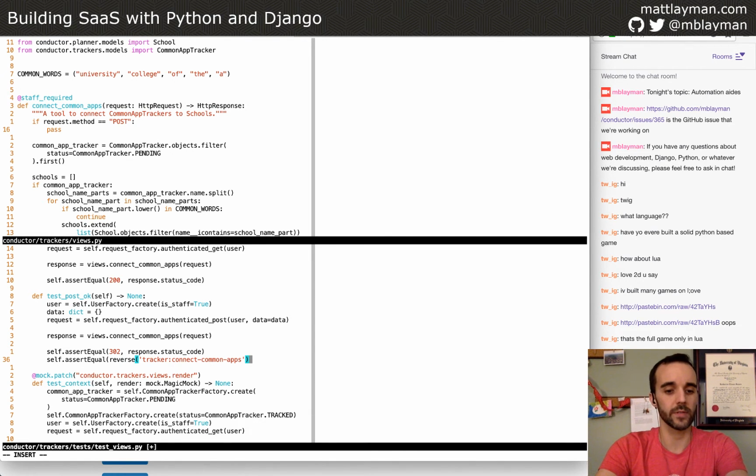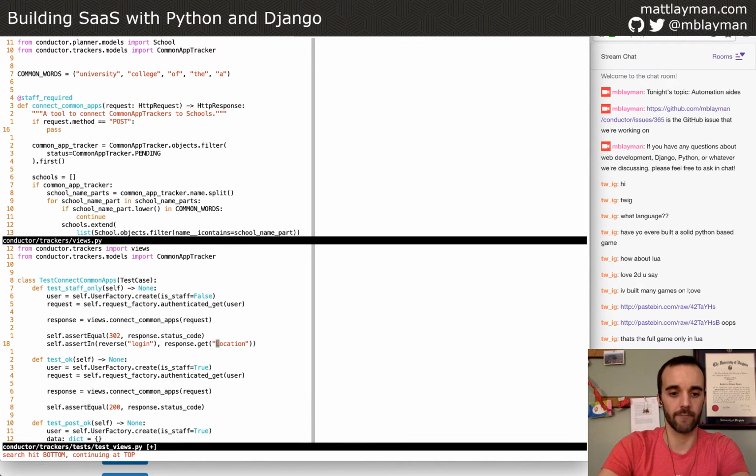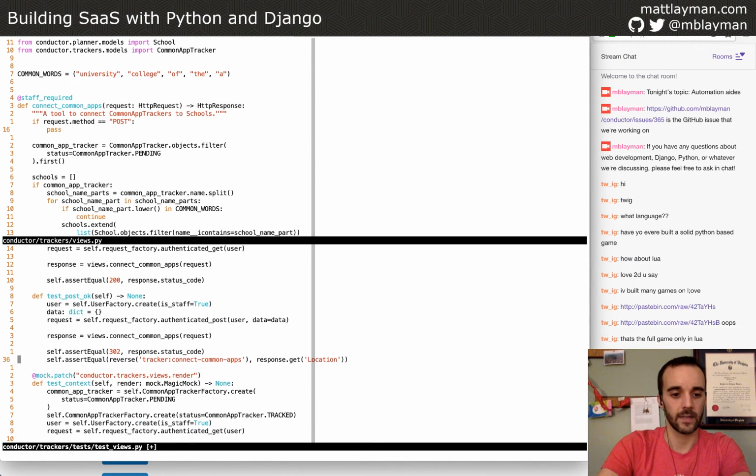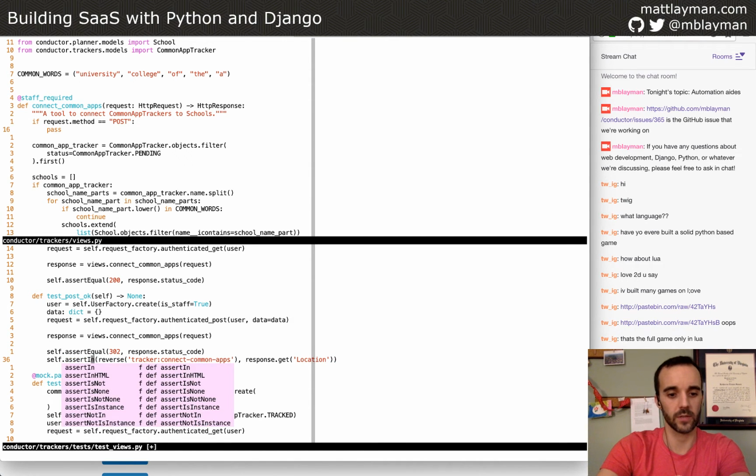That has some other benefits which we can talk about later, or for anybody curious, feel free to ask for more details of how that's helpful and I'll explain it. And then we want to say response get location, and I believe that's right. Is that right? Yeah. And we don't want to do equal because this could be slightly different. We just want to check that that path is in there.